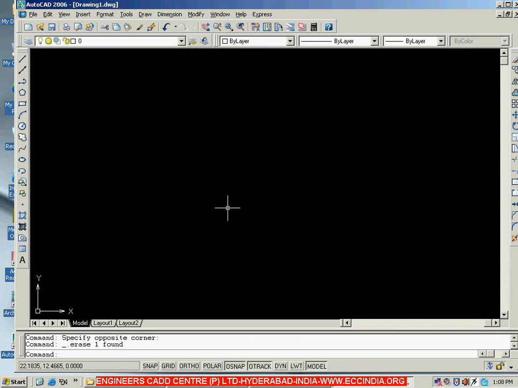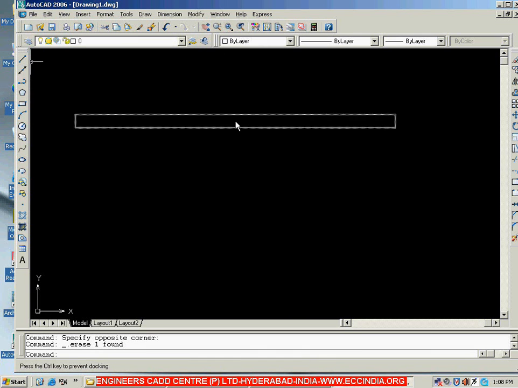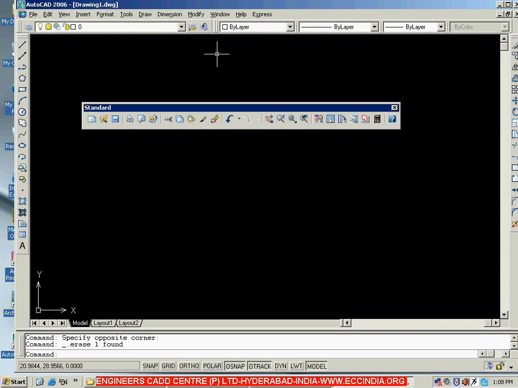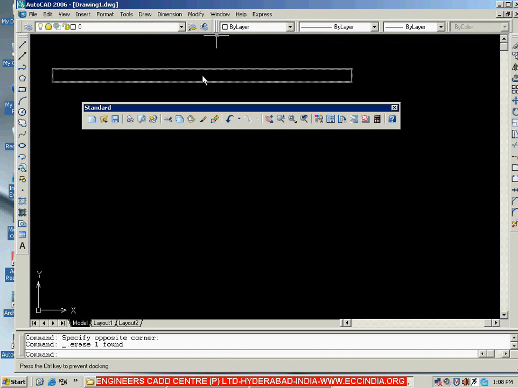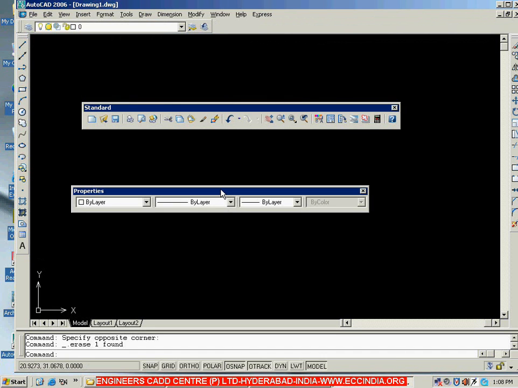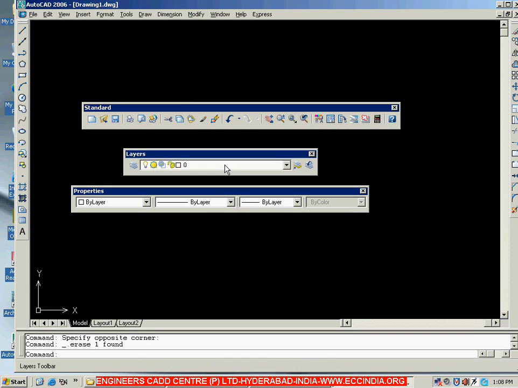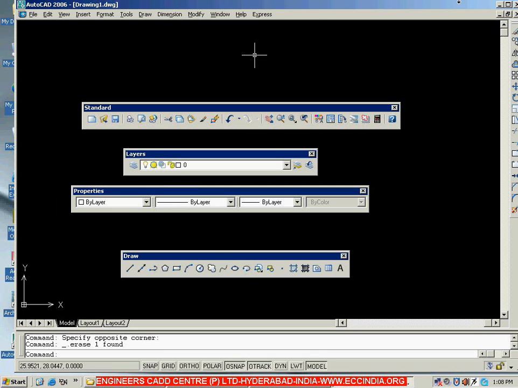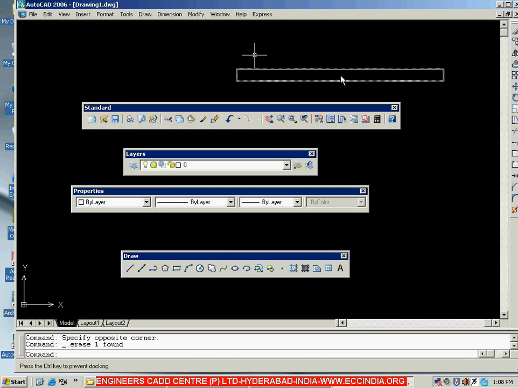Now let us look at the toolbars. First let me place all the toolbars on the screen. One by one I am going to drag them and leave them on the screen. To drag, go to the two lines given at the start. Click there using the left button, hold and drag the mouse and leave it on the screen. Once again I go to the two lines at the start, select, hold, drag it and leave. Similarly one more toolbar, select it, drag it and leave. Then on the right side we have one toolbar, select it, drag it and leave.